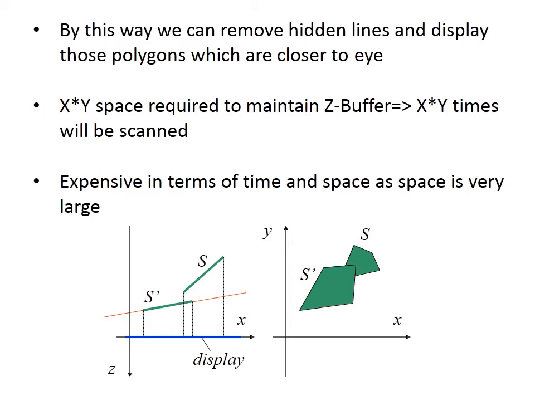We have two surfaces S dash and S on the xy plane, so we have green areas which are forward and backward also. So the z buffer method compares surface depth at each pixel position on the projection plane. Normally the z axis is represented as the depth. The algorithm for the z buffer method is defined.